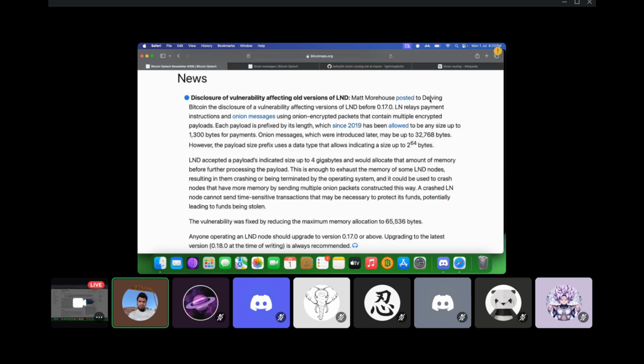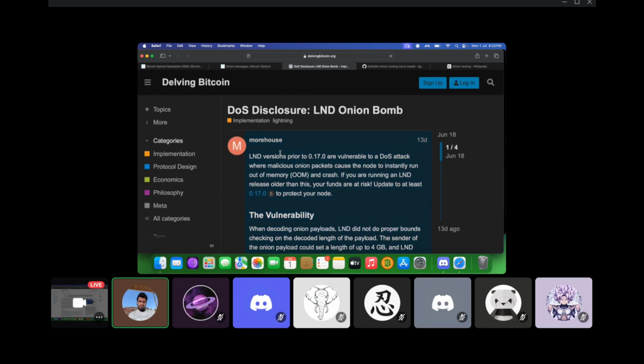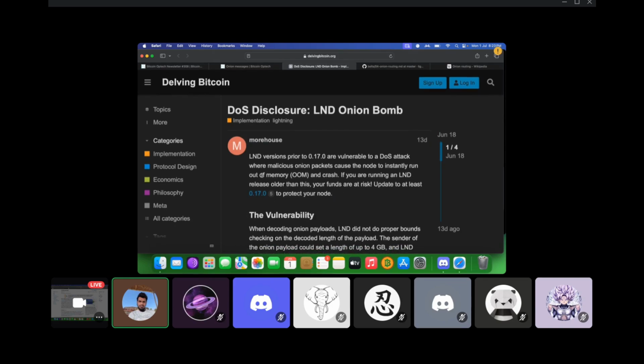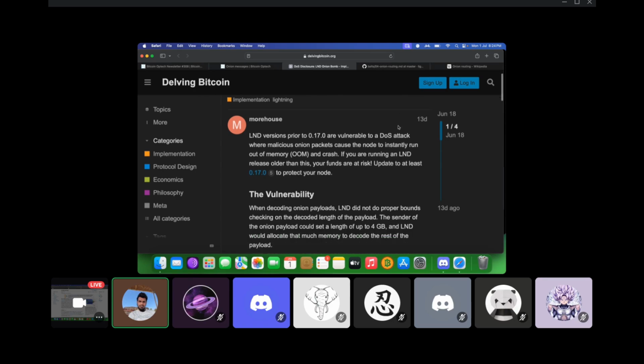The article is also very short. There's another blog post which is more interesting and more detailed. We'll go through that blog post as well. So this is Delving Bitcoin. Basically, this is a platform where a lot of Bitcoin and Lightning developers come and share information. If you're new to Bitcoin and want to catch up with what's happening in the world of Bitcoin, this is a place where you'll find a lot of reputed Bitcoin developers and Lightning developers coming up and sharing their ideas and discussing things. You'll find a lot of Bitcoin Core contributors.